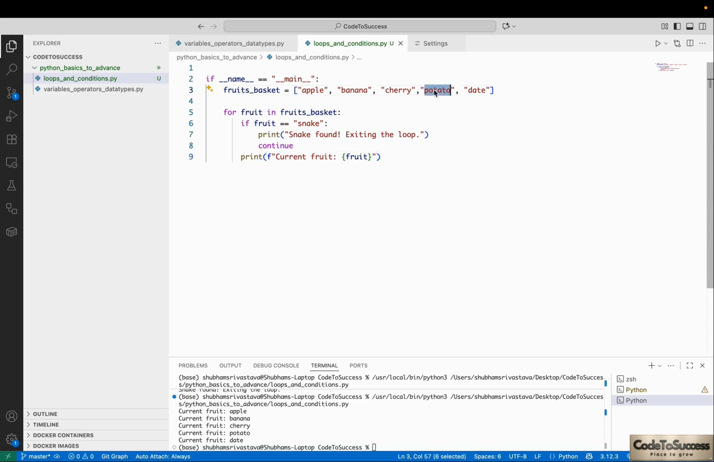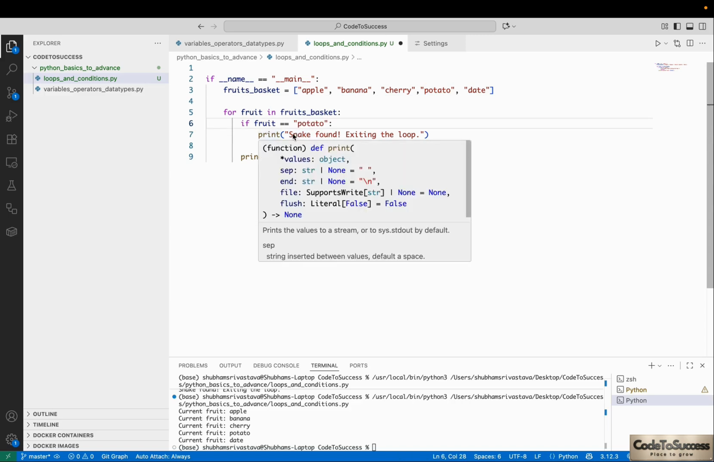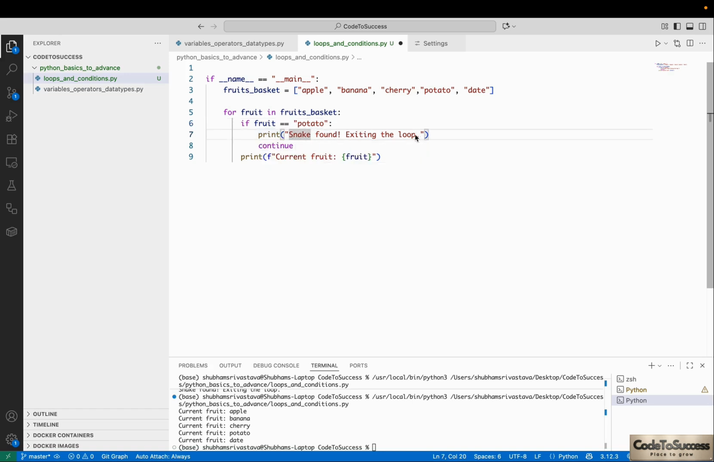Okay, so it should be this one. If you want to print it, you can just say skipping vegetable in fruits basket, I would say. So if I just